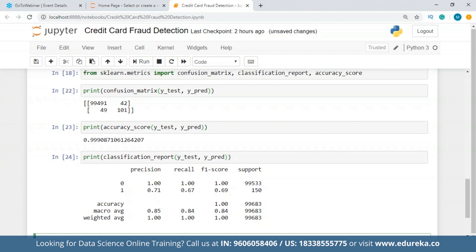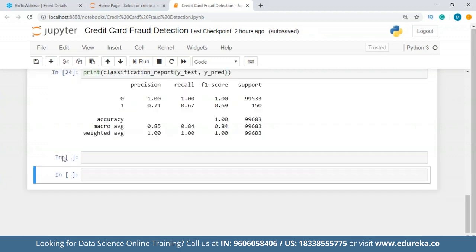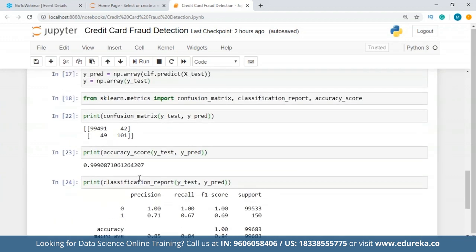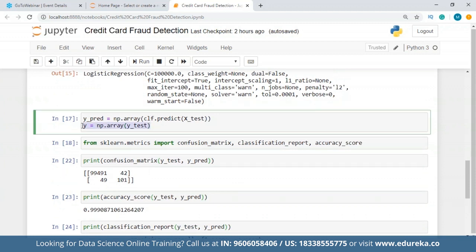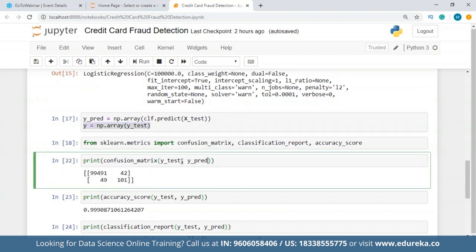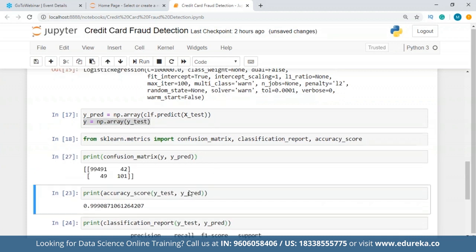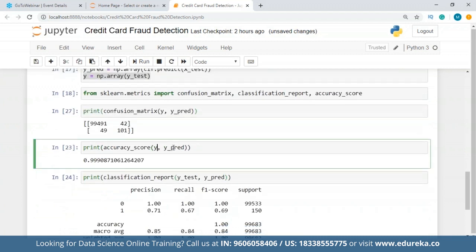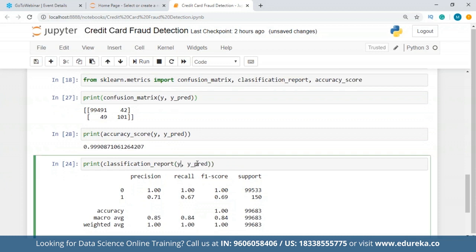And for the confusion matrix that we have over here, we have the true negative and the true positive. To get a clearer picture, guys, we can do one more thing. We had made this NP array of y_test. So instead of y_test, we're going to use y, and let's see what the output is. It's almost the same, guys. And if we check this as well, the accuracy score is actually better. And if we change it for this,